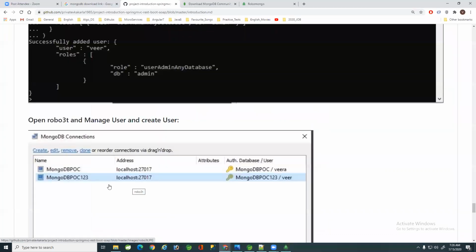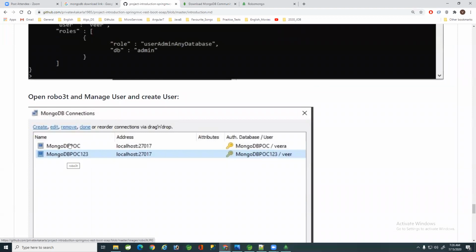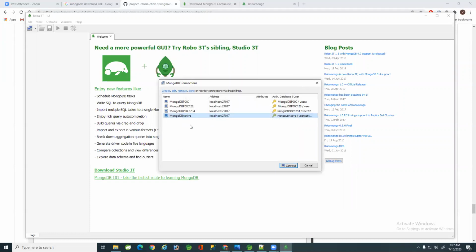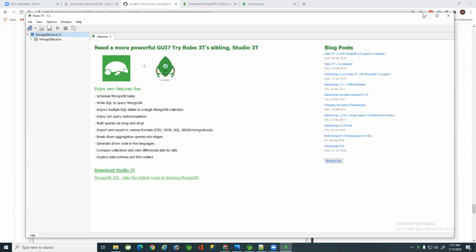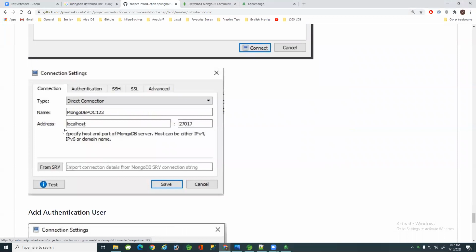Once you click on create, it will show the user interface for the database we created, or you need to connect. Here we can connect instead of create, right? So, database type and database name. Whatever database name you created, you can give here and check the test. I already created a database like this, and I'm just checking connect. So it is connected.